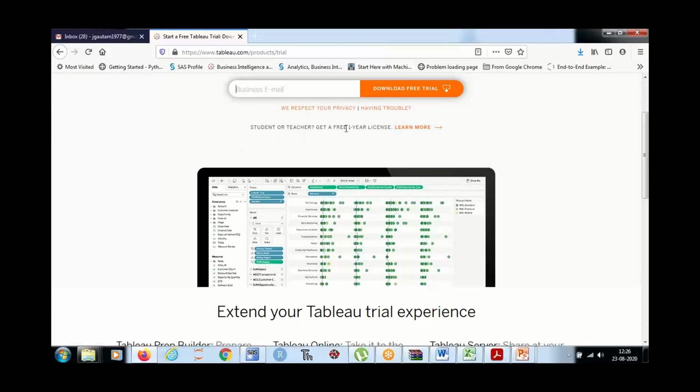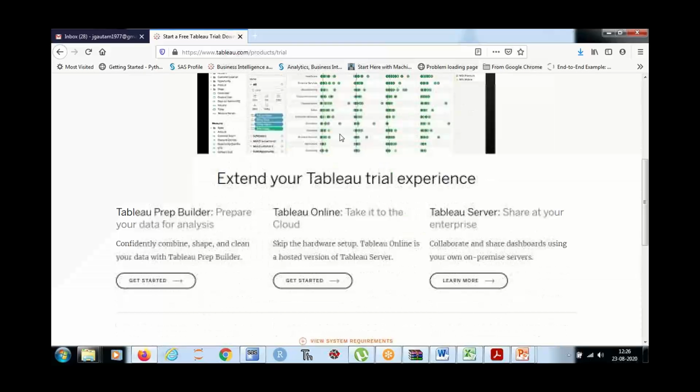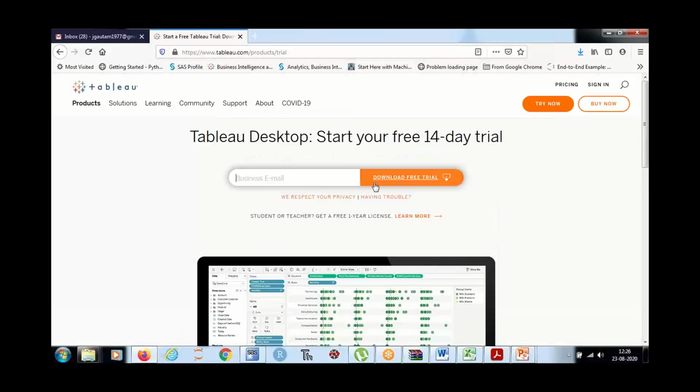If you have a student license, then you can get it for free, for a year, with your email. Download this. Otherwise you have a 14-day trial.